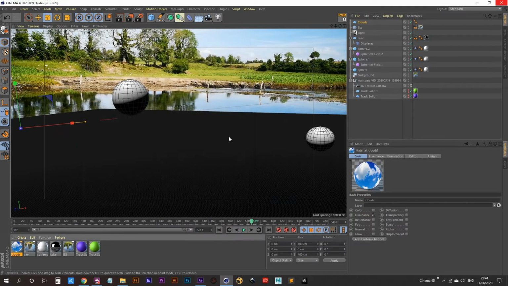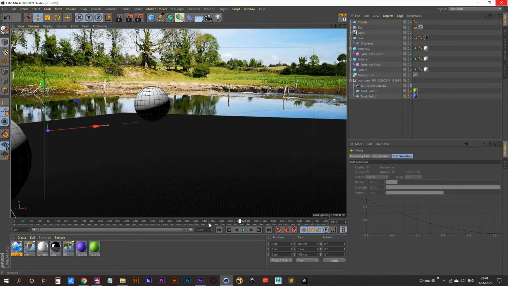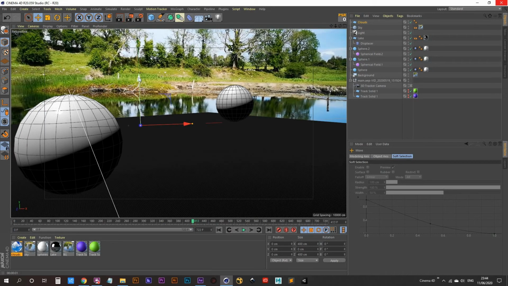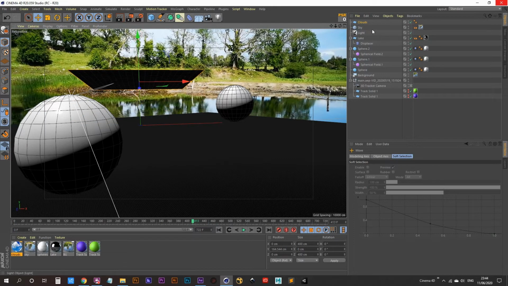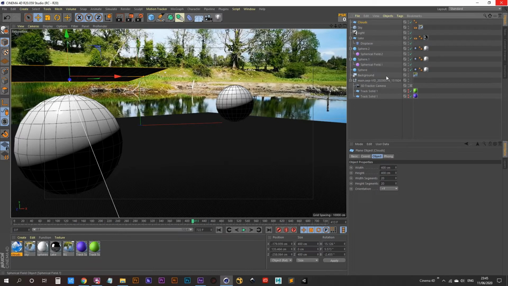Okay. Now before we apply to our clouds plane, let's just position it. So let's just bring it up here. So here it is. Now we can use our track solid to give it the correct rotation relative to our scene. So make it a child of our track solid, hit reset PSR, and now it's going to match up a lot better. Probably need to increase the scale of it now. Let's unchild it, bring it back up to the top of our object manager,